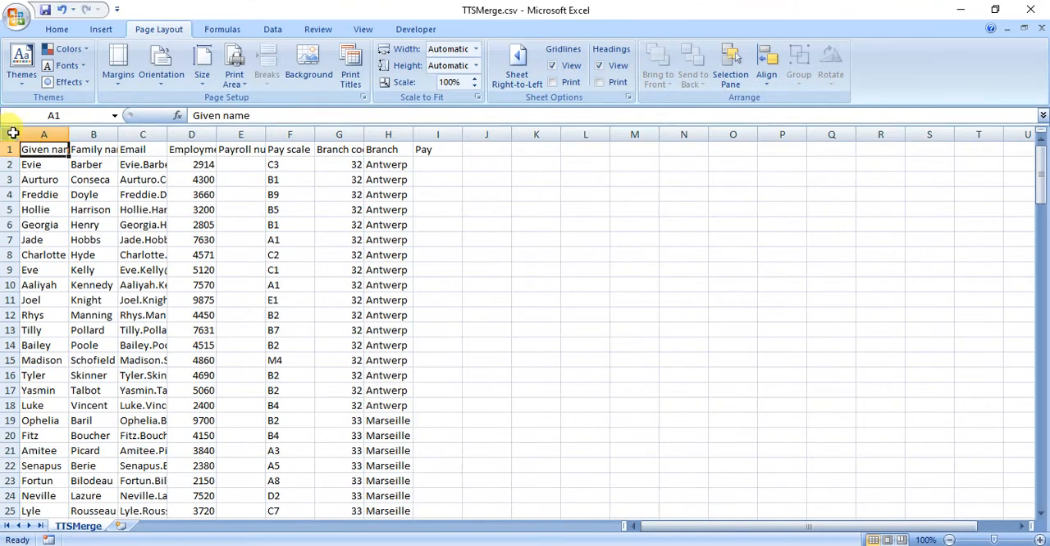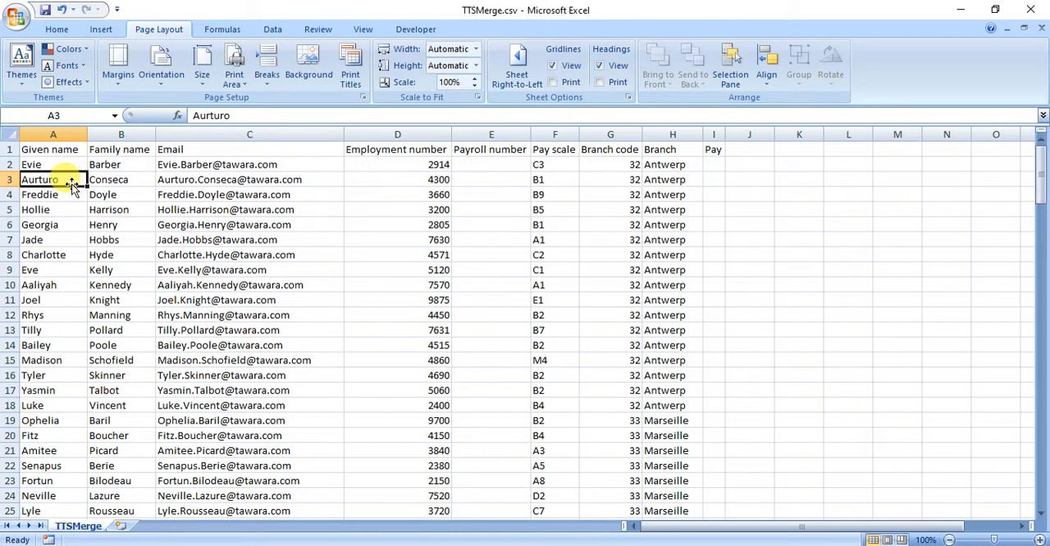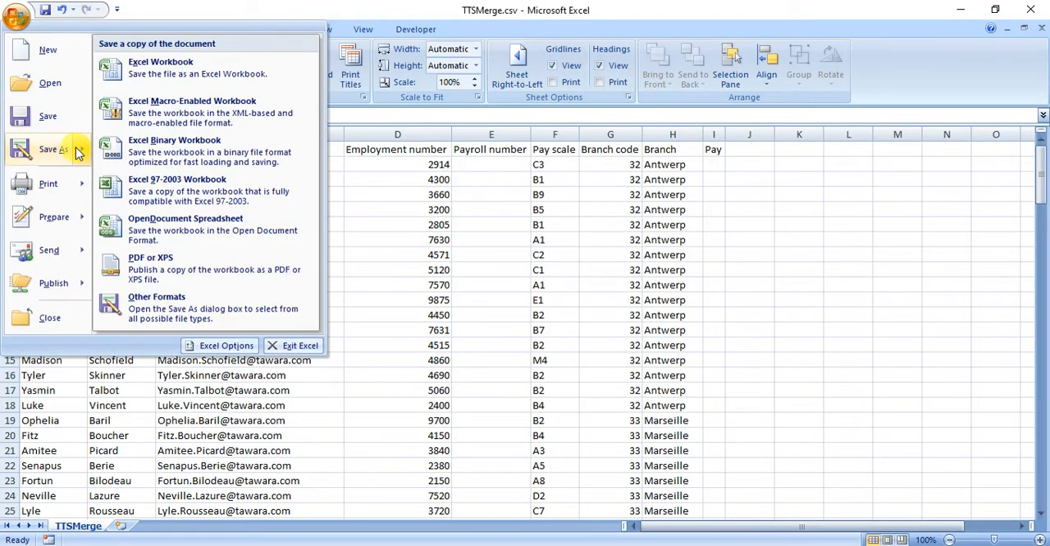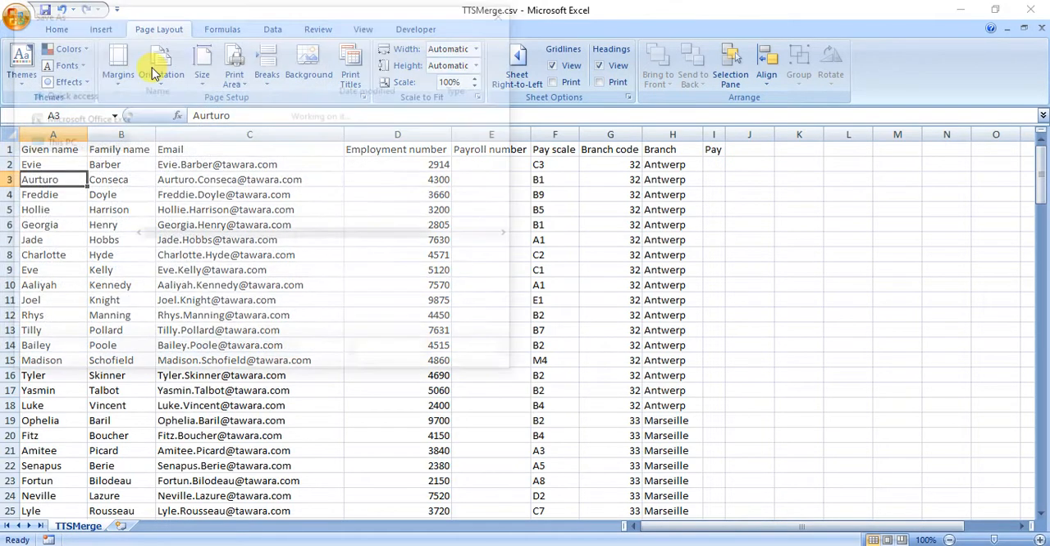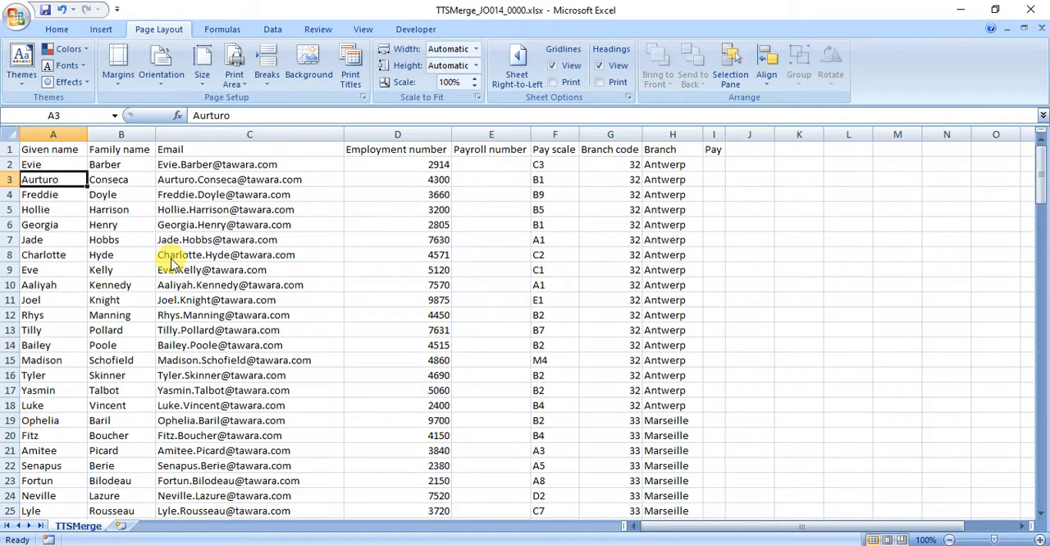This is TTS merge. Now I have to examine the data. I have given name, family name, the email of the employee, employment number, payroll number, pay scale, branch code, branch and pay. First of all, I have to resave this file in my working area. Be careful that you are in your working area. It is an Excel workbook and JO014 underscore my candidate number. Then